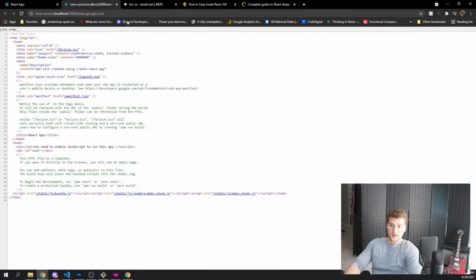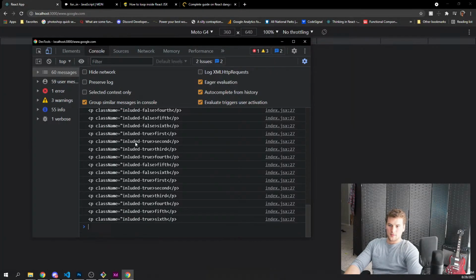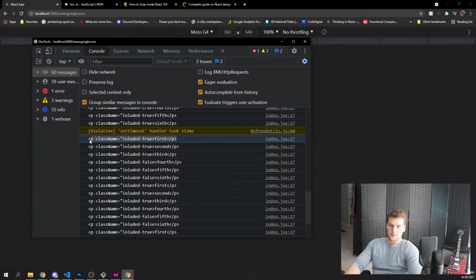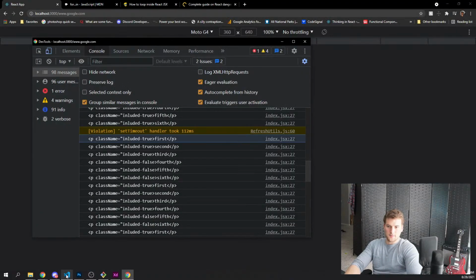Why don't you work like I expect you to? Should that just be class? Because if it's rendering HTML, that is valid HTML, right? Yeah.